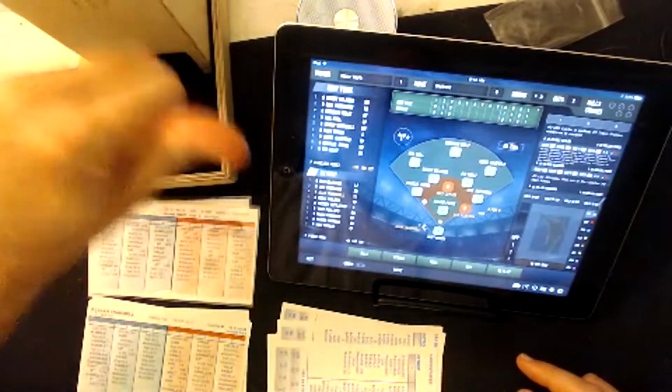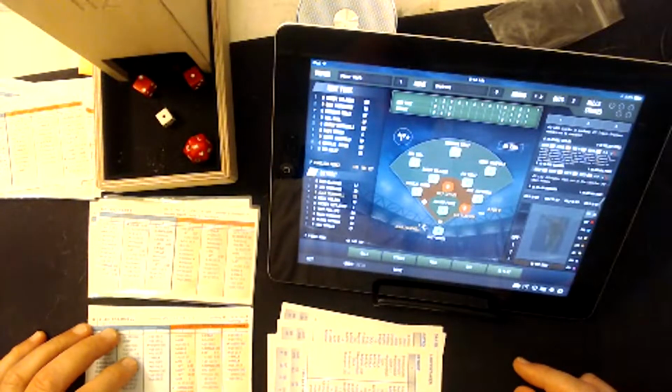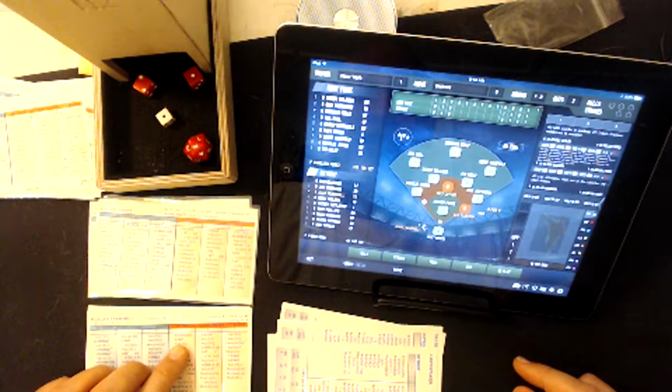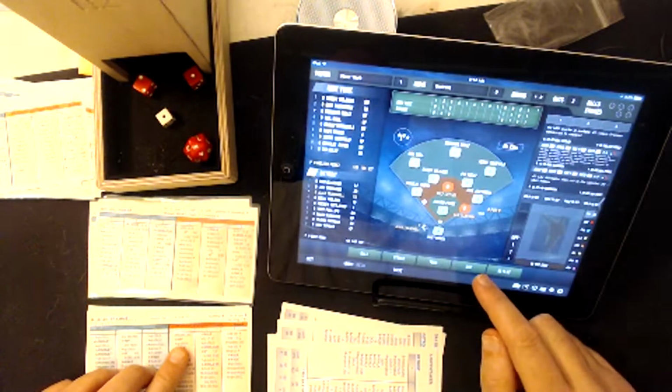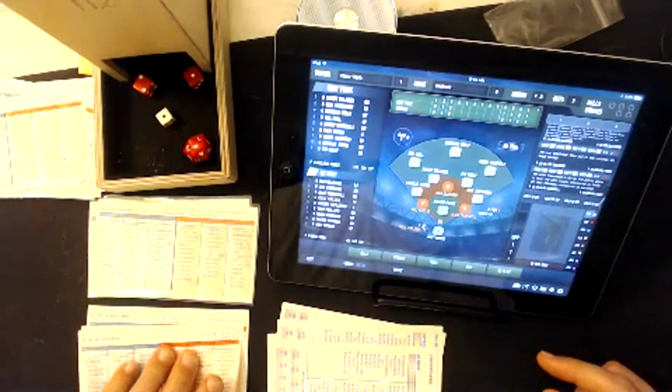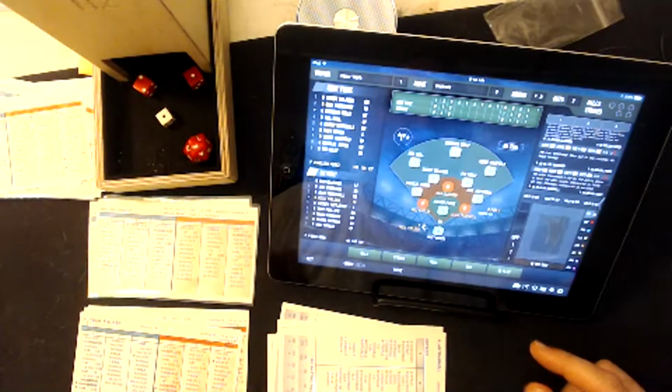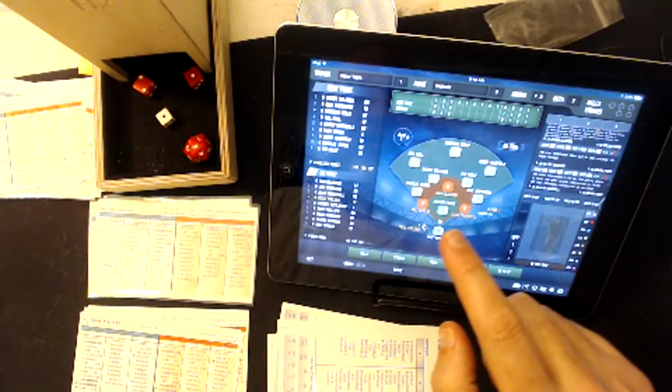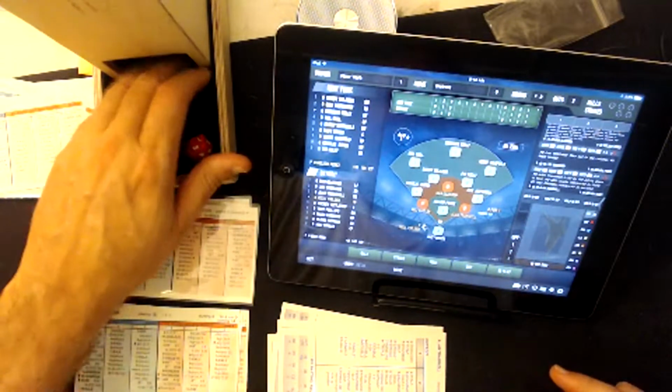Alan Trammell, right-handed batter. That's a 1-3, and that's going to be a hit by pitch. So Trammell gets plunked to load the bases. In play, hit by pitch. Bases are loaded, and you can see the runners there. It's Trammell at first, Gladden at second, Kyler at third, Cecil Fielder,